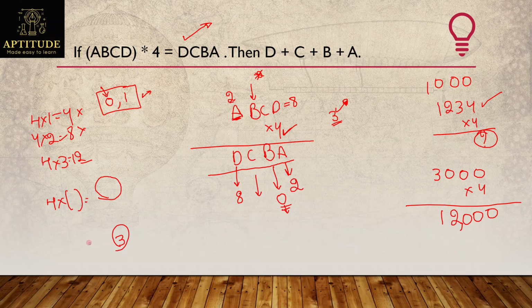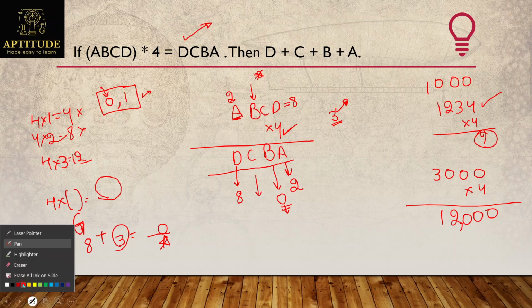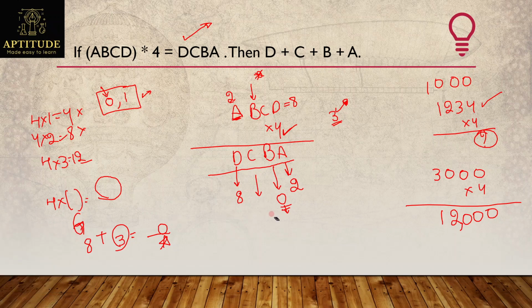And for any even number, like I'll consider 8 or else 6 as an even number, if I add 3 for any even number, will I get any digit ending with 0? Definitely, the value will not end with a 0. Which means what I can say, b value cannot be 0 also. Why? Because there is no possibility such that I should get a 0 as a value, because I have a carryover 3. Then what I can say, b value cannot be 0 also. So it should be obviously 1.